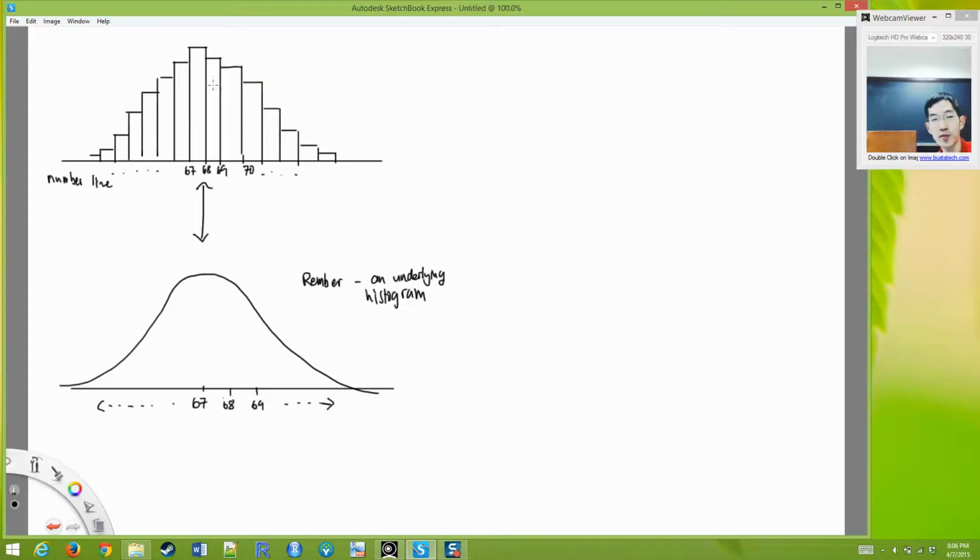And what's beneath the histogram? What is the histogram summarizing itself? The histogram summarizes numeric data, okay? Okay, so if this is my histogram and I've got this bar which is centered, which goes from 67 to 68,